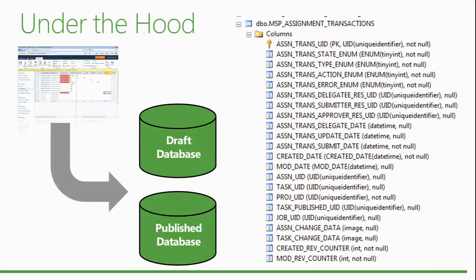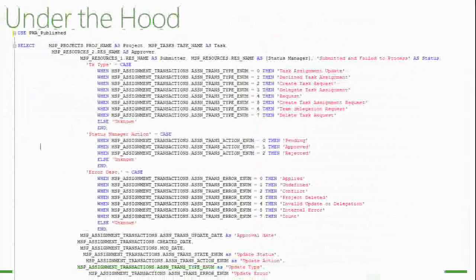So here I have a bunch of information that is great because it's exactly what I want to know to find out what happened to my task update if it didn't output into the reporting database. For those who are not really fluent in T-SQL, the language that allows you to query SQL databases, I put in the slide a real query we have been using at customers that decodes these values. So the first